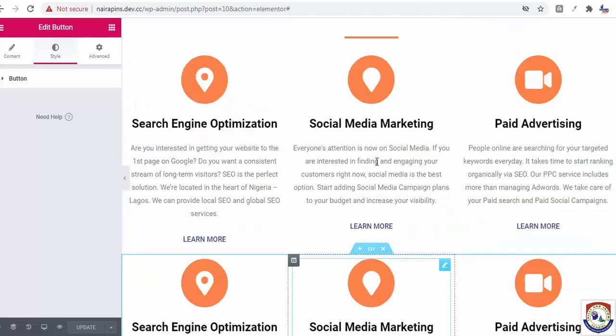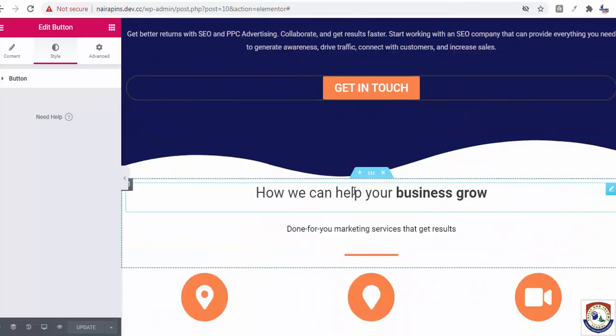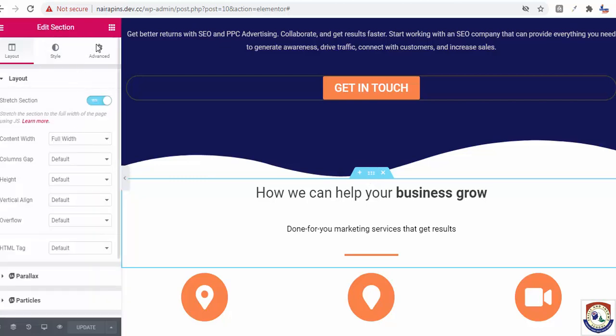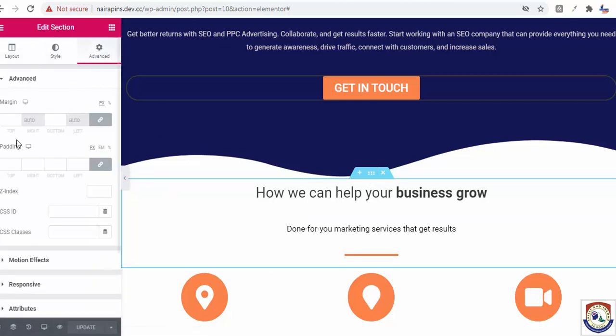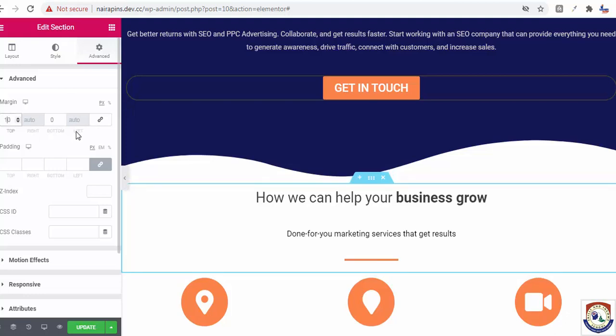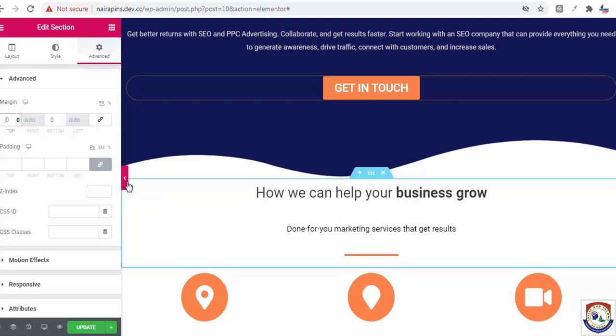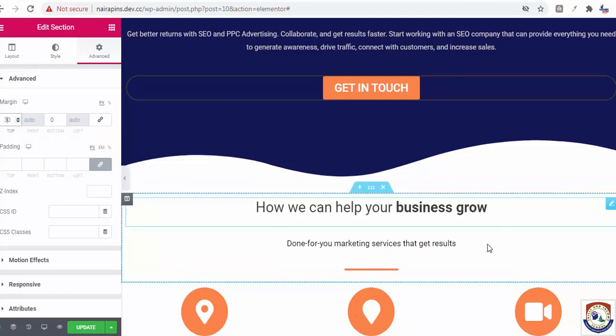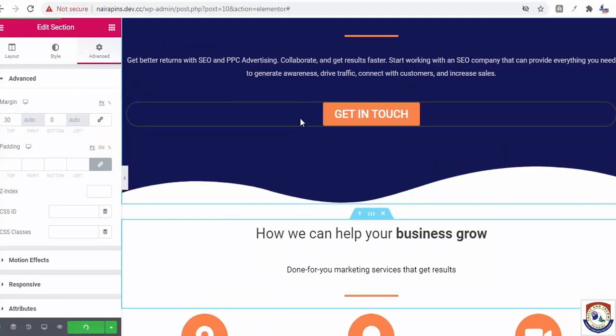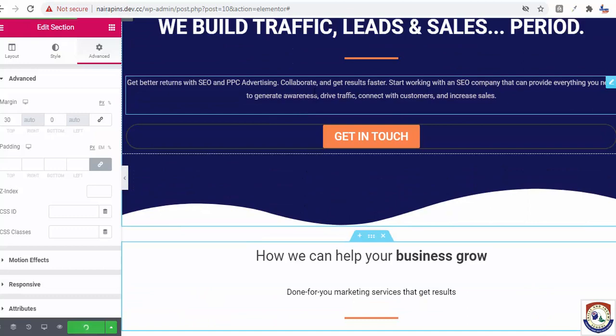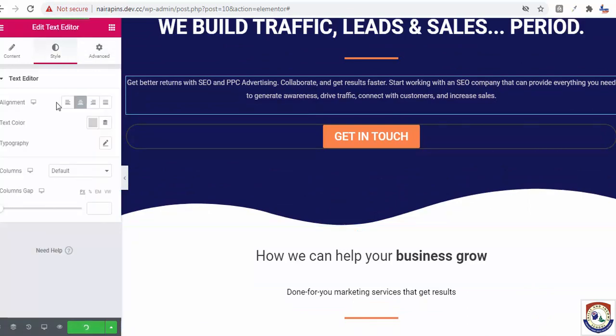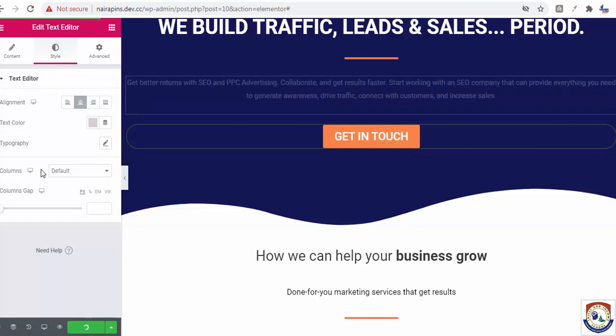Okay, now you go to our Elementor. So you go to our Elementor here, this space. Okay, so click on this edit section, click on advanced, and this is margin. So we are going to put a margin on top like 10. Okay, can you see? So let's put 30. So it's okay. So you update our records, and let me increase the size of this text. I think it should be increased.